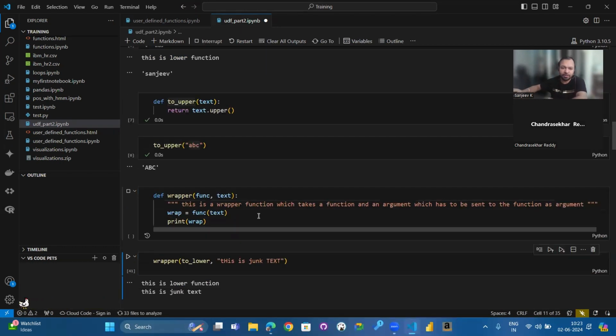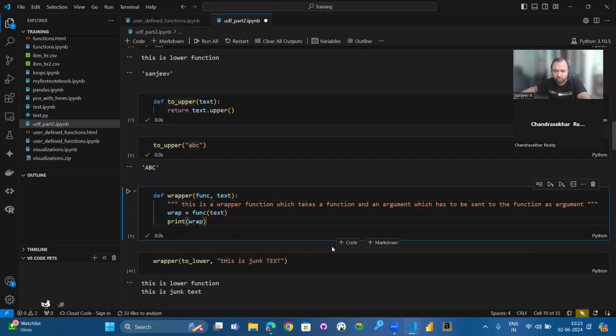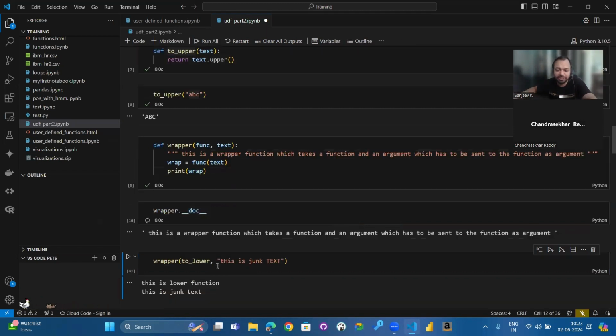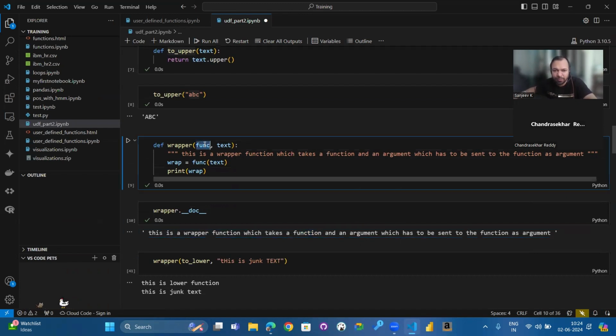Now I can go and see the docstring. We have covered this yesterday. The docstring says this is the upper function which takes in a function and an argument which has to be sent to the function. So the first argument is a function, and the second one is the argument which I have to send to this function.